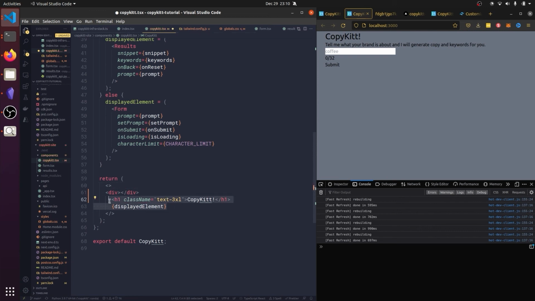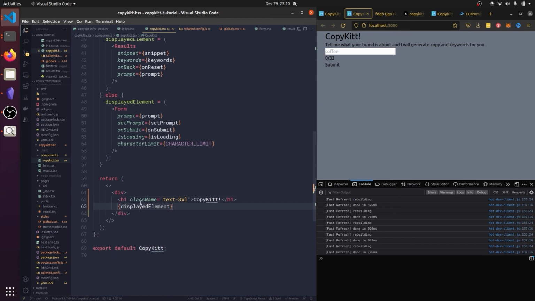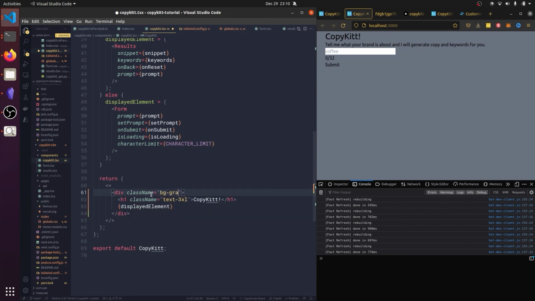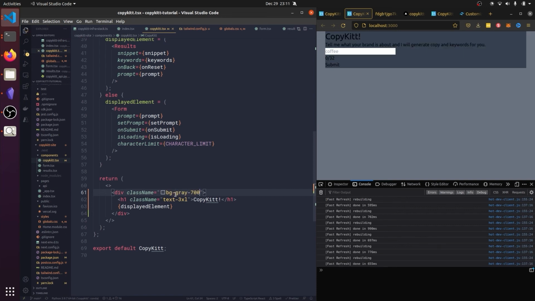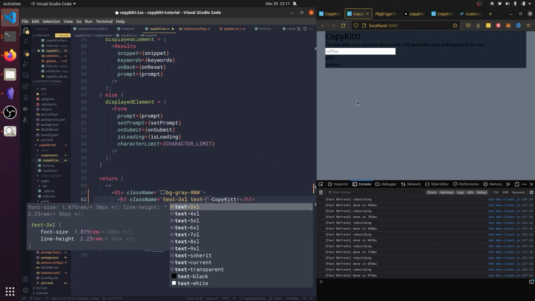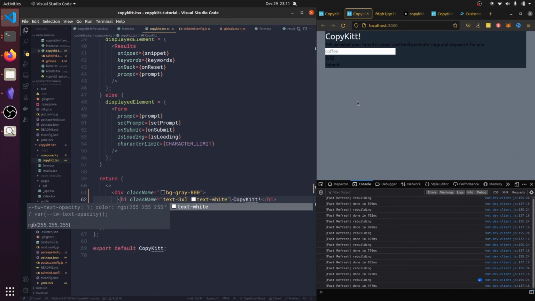I'm going to make a div that this whole thing goes into, and to make it pop from the background, I'm going to give it a different style. So I'm going to give it maybe a BG color, BG gray 700. I don't know if that's too dark. Maybe, yeah, maybe that's fine. Maybe 800. More contrast. Okay, and then this, I'm going to make it text white so it stands out, and